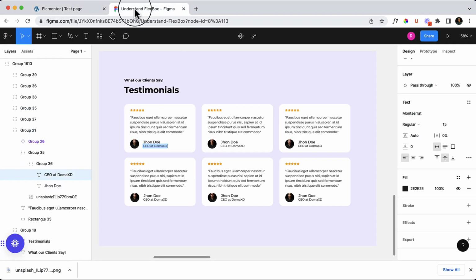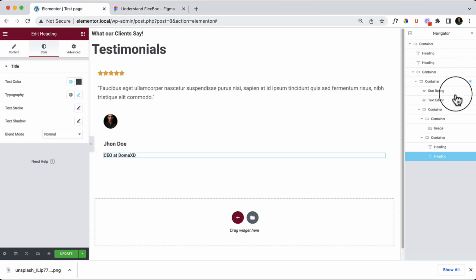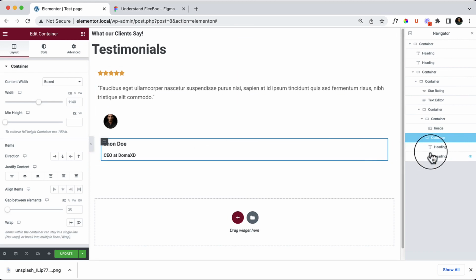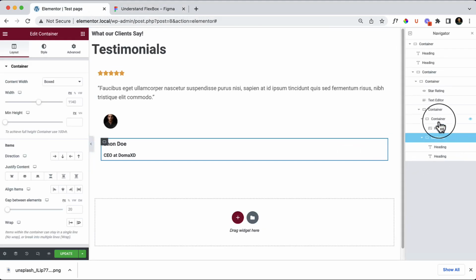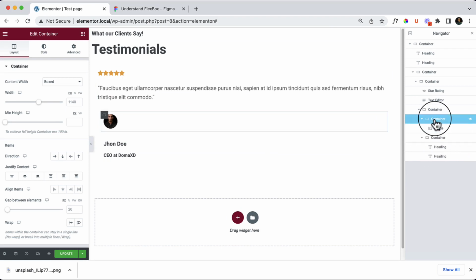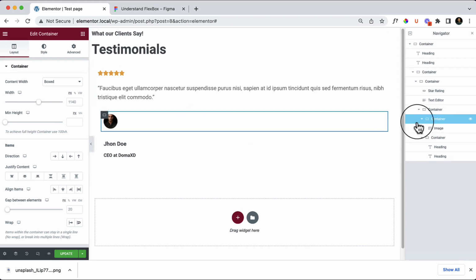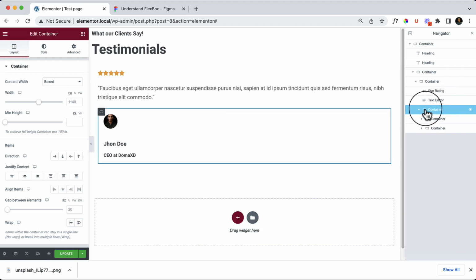So now first of all take a look at our design again and compare with our navigator here. There are a lot of containers, don't get confused again. So I am going to change one by one. First select this container, and inside this container there is a man, which is an image and text, and let's take a look at here again. So there is only text here. I'm not going to change here, but if I select this one, there is an image, and then these two containers have their parent container, this one. So if I select the parent one,